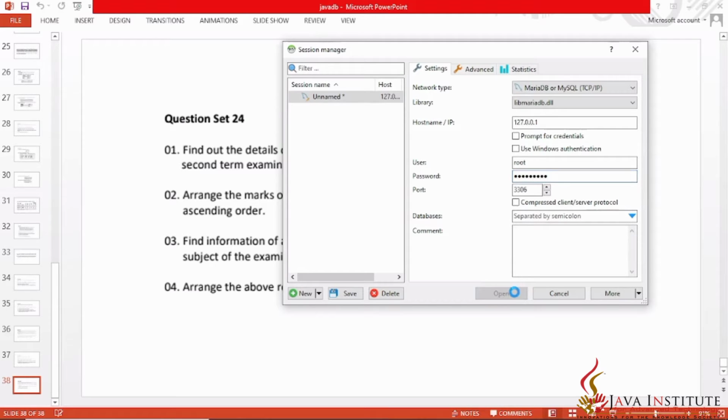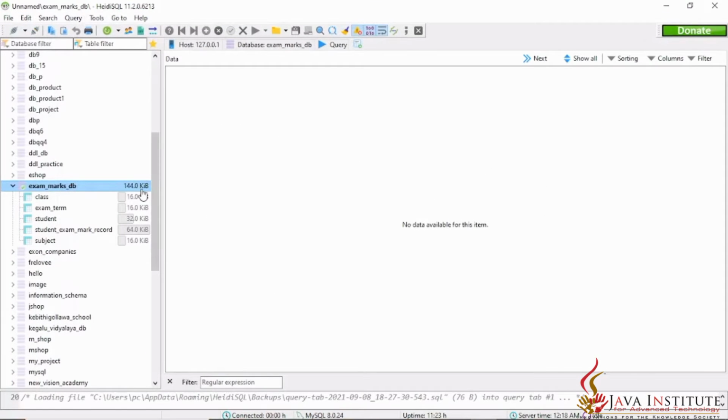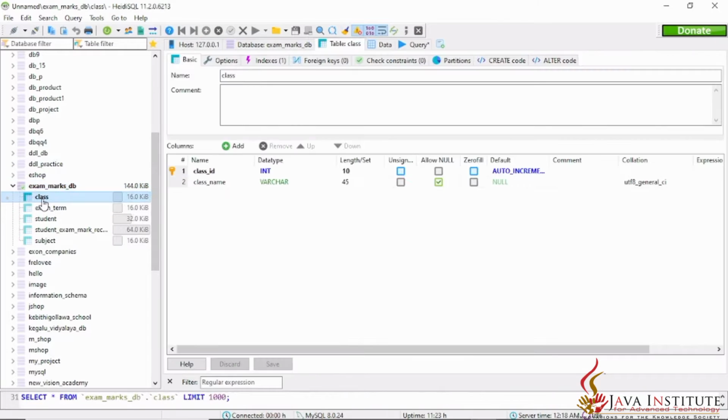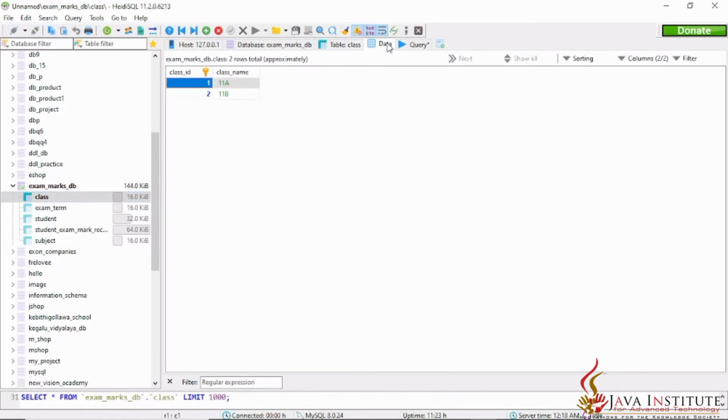So then I am opening it. By entering my password, you can see this is the exam marks DB. This is the database I have created for that scenario, and you can see here these are the tables. First of all, this is the class table. You can see these are the data related to the class table. Here these are the 2 class names included, and you can see the next table, the exam term table. These are the data I have entered to this table,